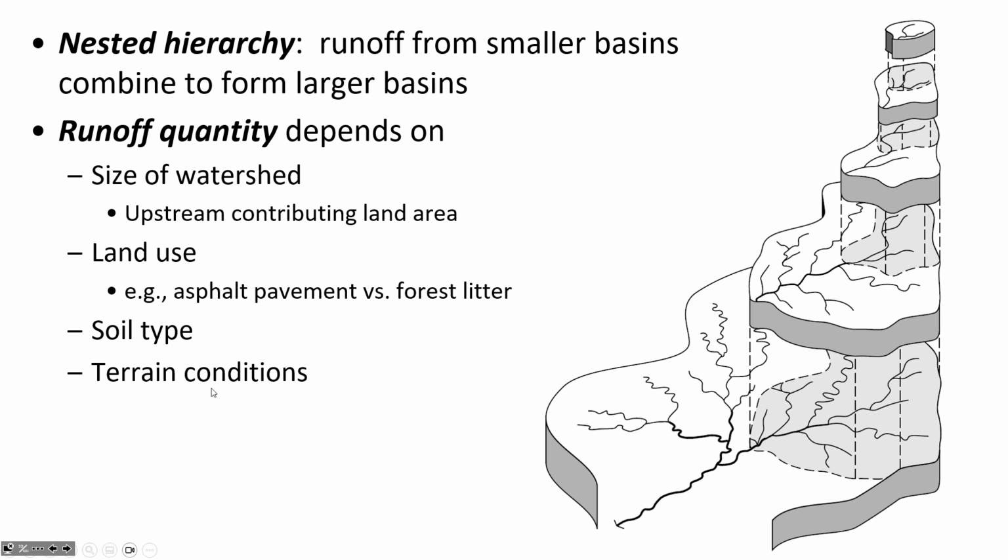And then the conditions of the terrain, like how steep the slope is, can also contribute to how much water is infiltrated. A very steep side slope that the water flows quickly over doesn't allow for water to penetrate down into the pores as quickly as if it's relatively flat. And then the rainfall conditions are all obviously going to contribute to how much runoff you get. If it's a really intense storm that happens quickly and kind of overwhelms the ground's ability to infiltrate water,